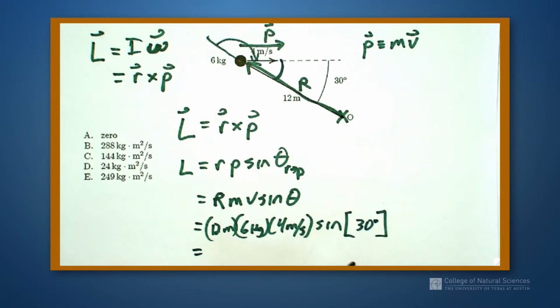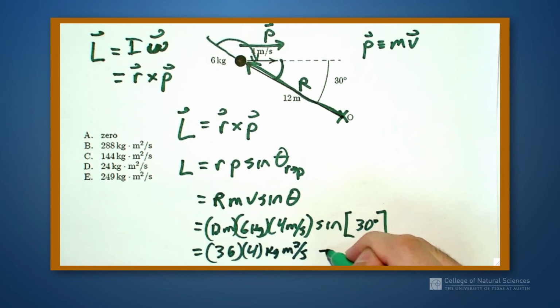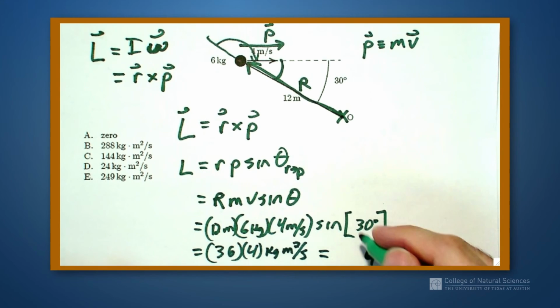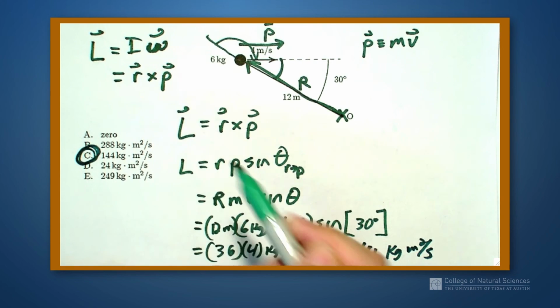So this is going to be 12 times 6 times 4 times sine of 30. Sine of 30 is 1/2. So I get 6 times 6 is 36 times 4. That's going to be kilogram meter squared per second. That's the right units. 36 times 4 is going to be 4, carry my 2, 144 kilogram meter squared per second. So I get answer choice C being the right